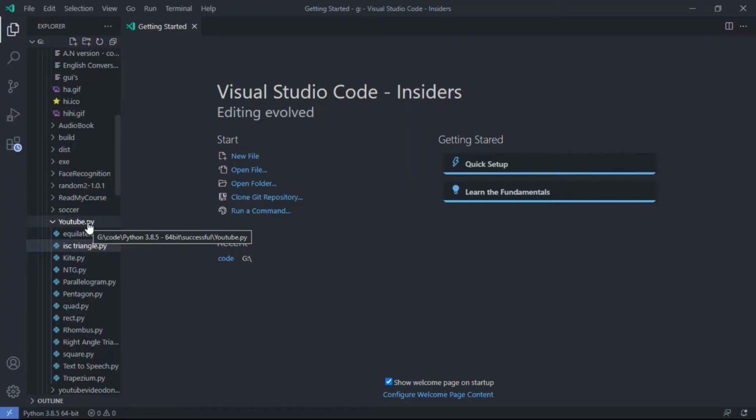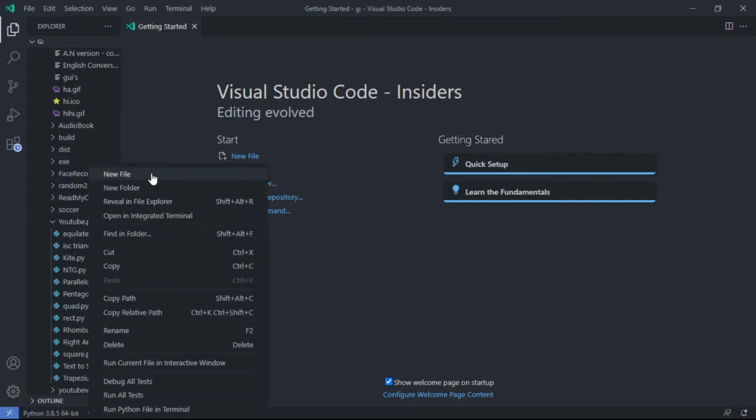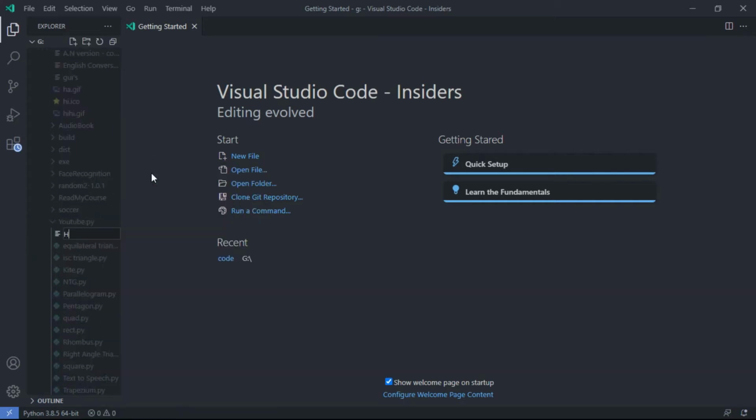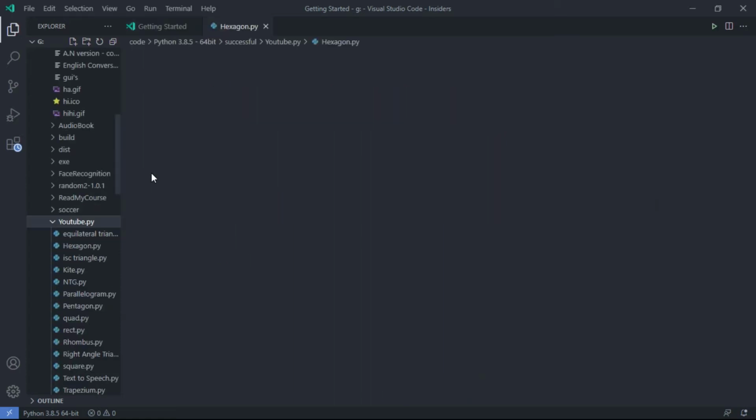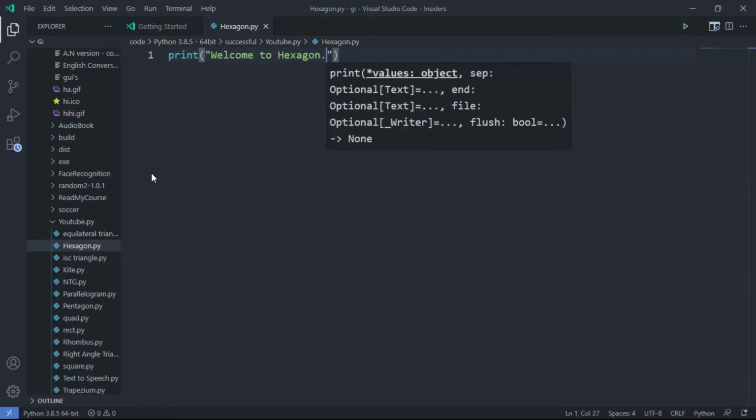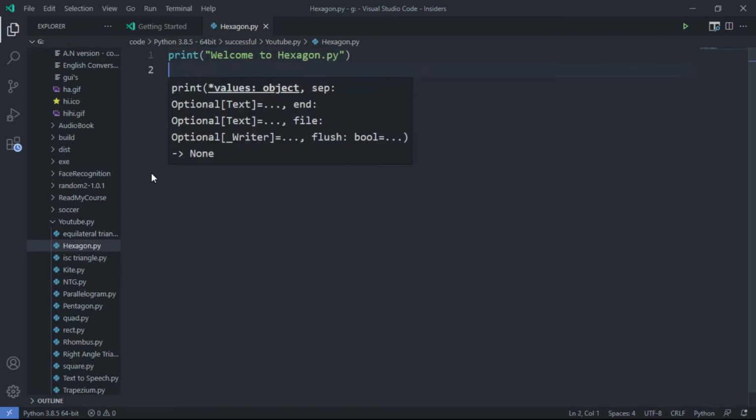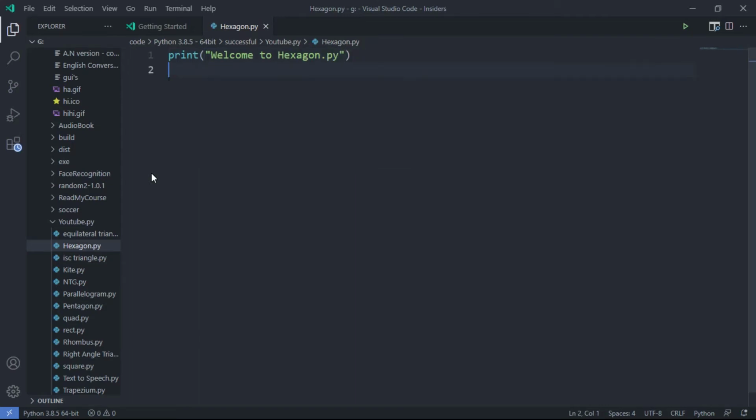Here I'm creating a new file and naming it hexagon.py. In the first line, type print "welcome to hexagon.py". Next line, type